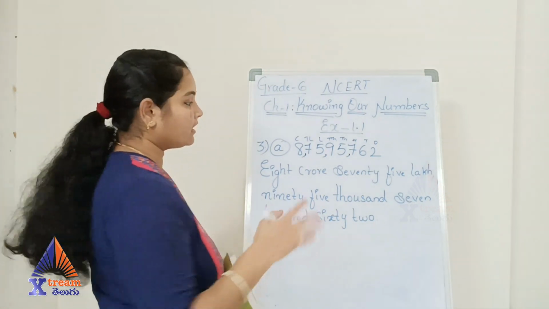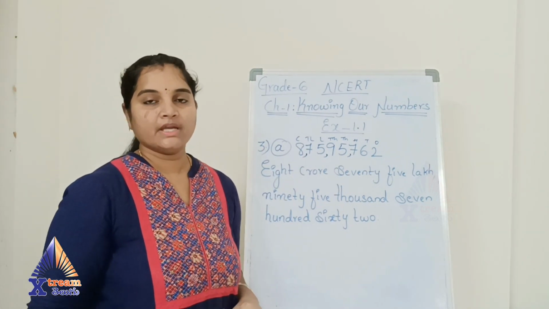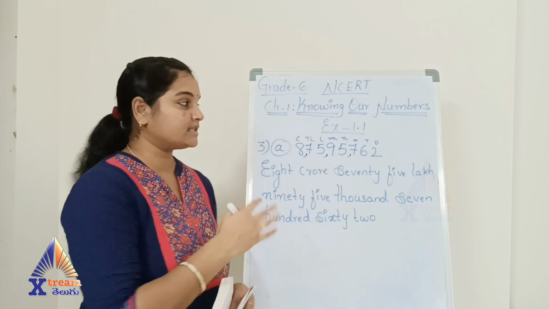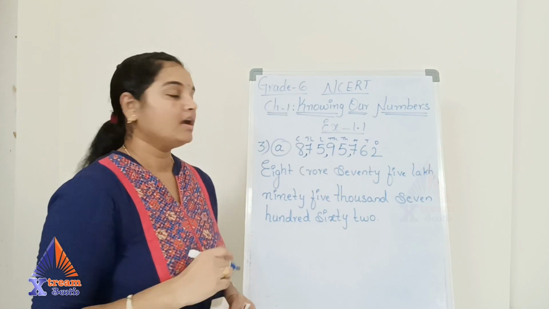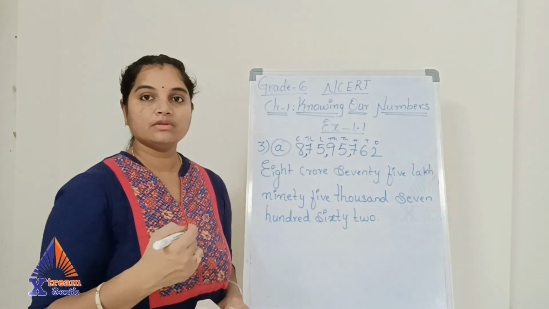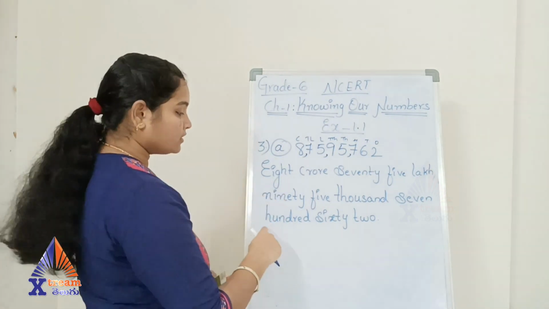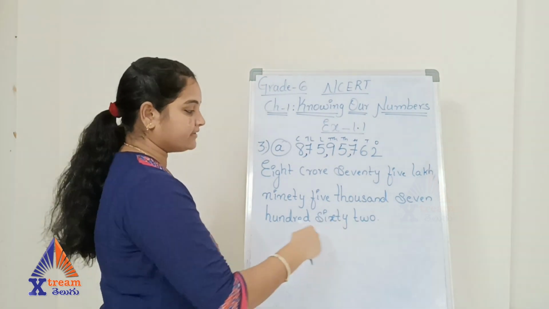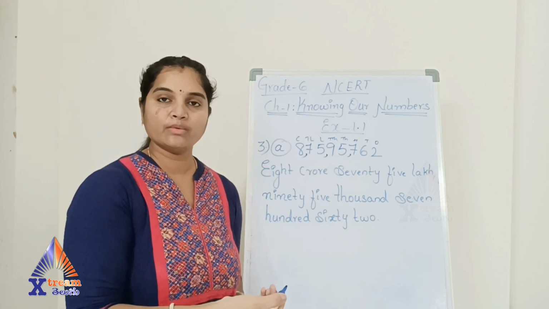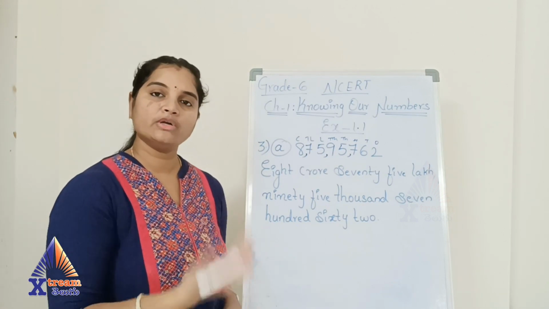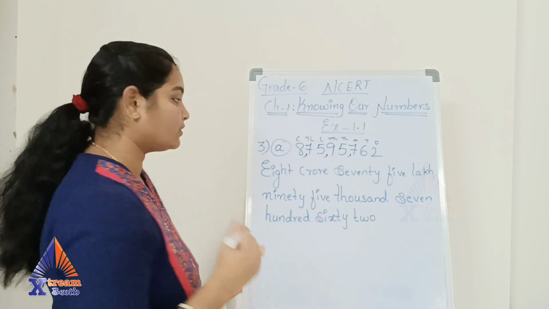Now you may get a doubt: why don't we put crores, lakhs, thousands like that? It's not mandatory to put crores because it is 8, a numeral more than 1, plural, I can say. So you shouldn't necessarily write it as crores and all. You can simply write crore, lakh, thousand. And you may also have a doubt that since we have 762, I haven't written and 762. If you want to add and over there, you can write it. No objection at all. If you want to avoid it, no problem. It doesn't change it much. That is what I want to say.